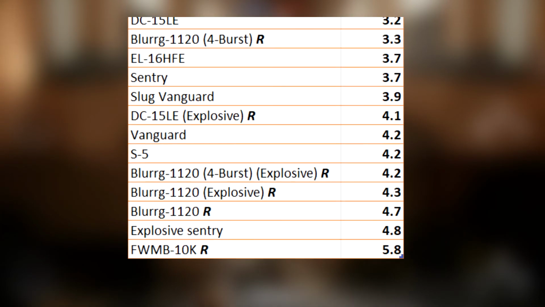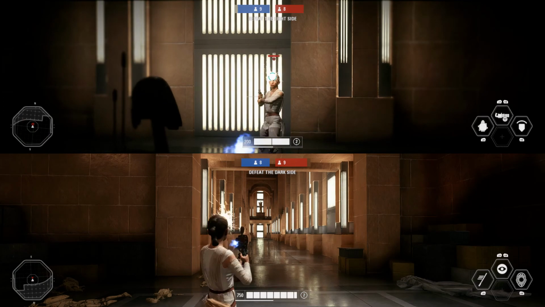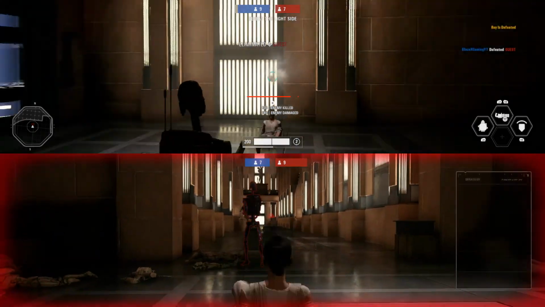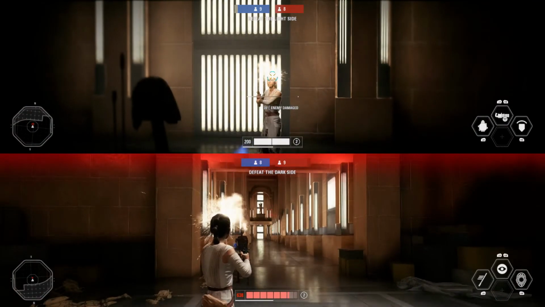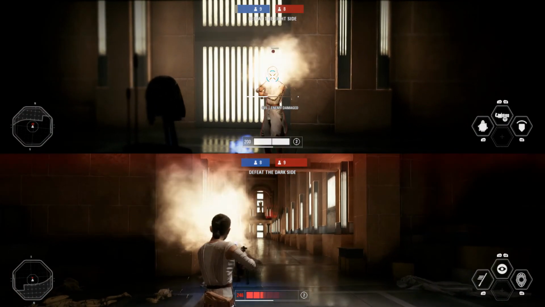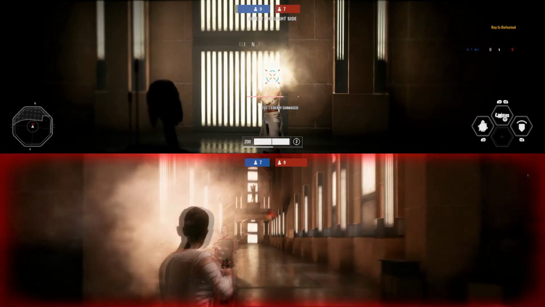At the number 9 spot next in our top 10, we have the DC-15LE. This is at 3.2 seconds, and honestly did better than I expected it to. I think all heavy weapons are pretty rubbish, however the DC-15LE is definitely my favourite, because it's got the blend between range and damage. And with that being said, we're going to move on to the 2 7th places,